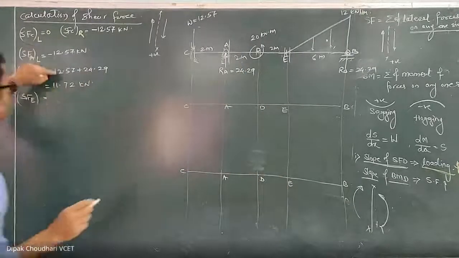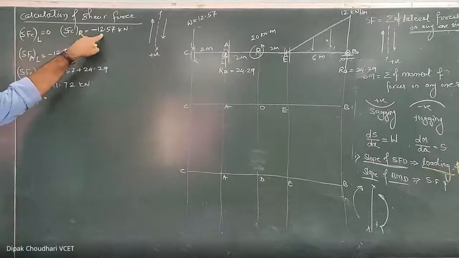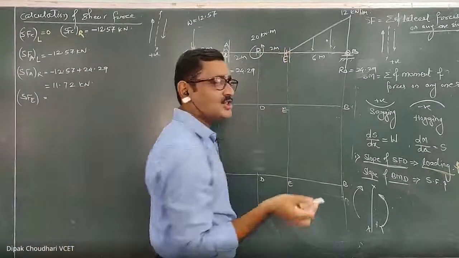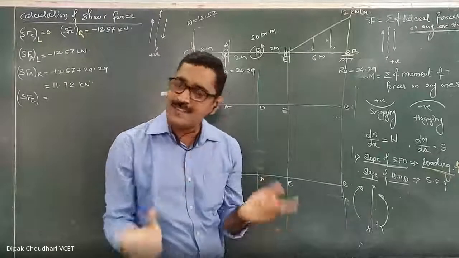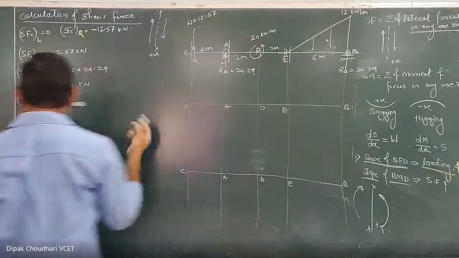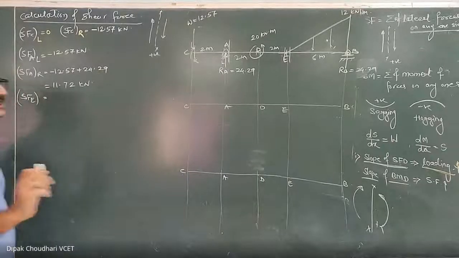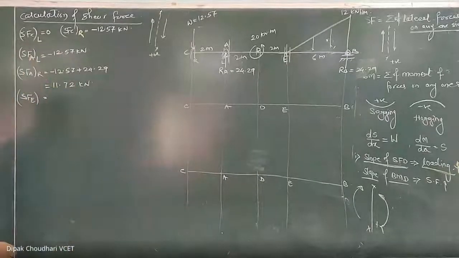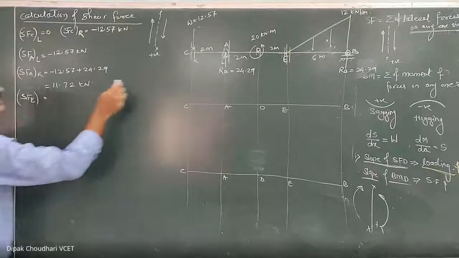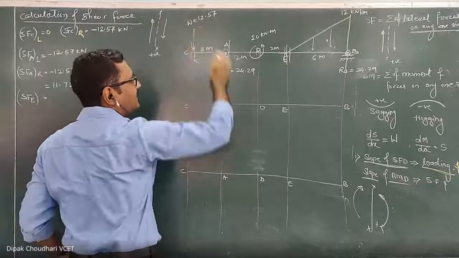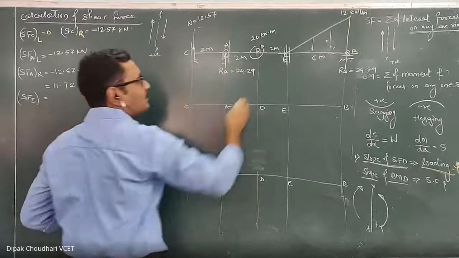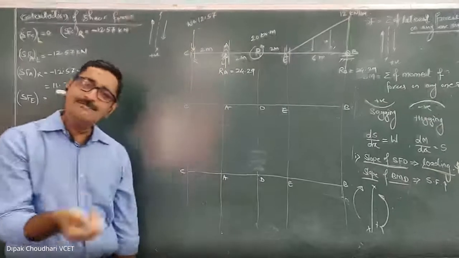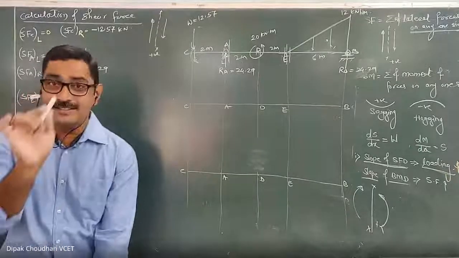ये change किसकी वजह से हो रहा है? At point C, 0 and minus 12.57 because of this point load. यहाँ पे at point E, even if you take the section on the left side and right side of E, you are going to get the same answer. Okay, that's why instead of taking the left and right, just directly write shear force at point E. What will be the shear force at point E? Algebraic summation of the forces on any one side. Either you can take the algebraic summation of minus 12.57 plus 24.29. You will get the shear force at point E because on the left side of E there are only two forces.